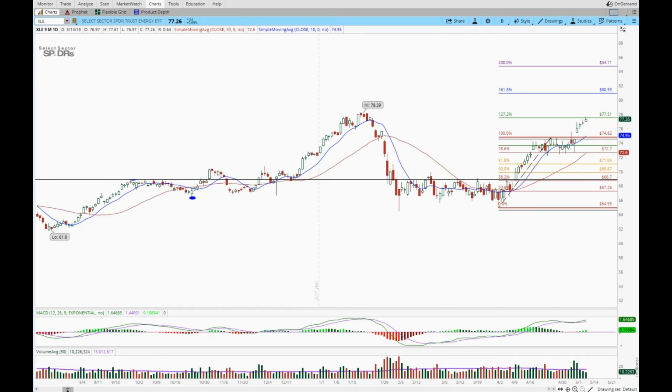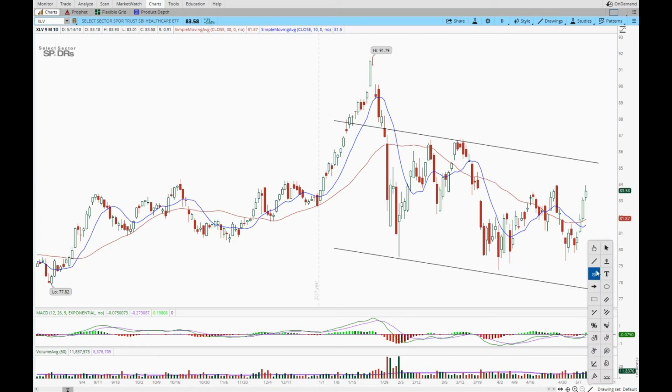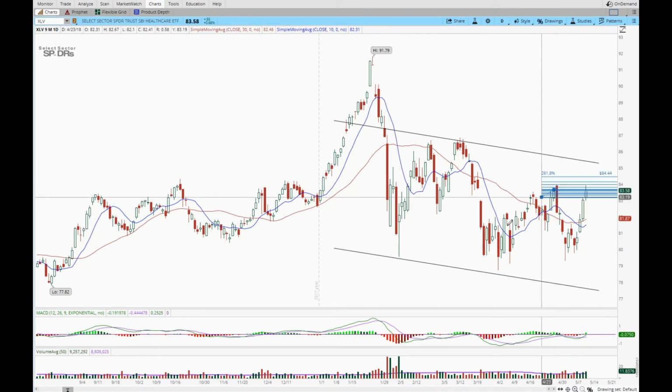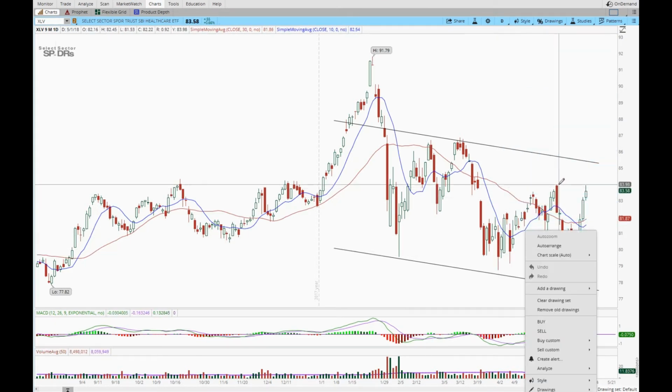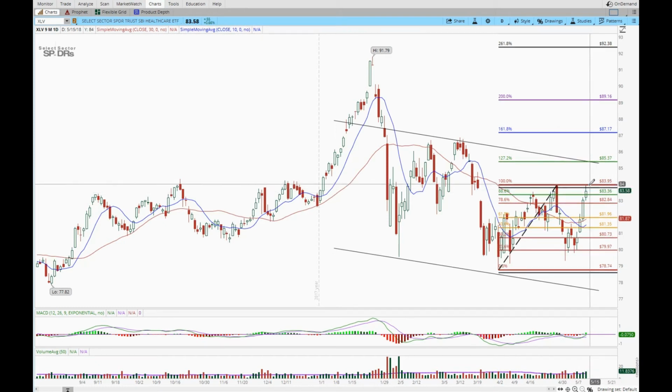This is the strongest sector today. XLV, healthcare. This one here is in the channel. It has some resistance right up here. So there is a move. I'm going to paint a Fibonacci right here, from that point to this point here. So it found resistance here at 83.95, couldn't break it out, just came back, and then